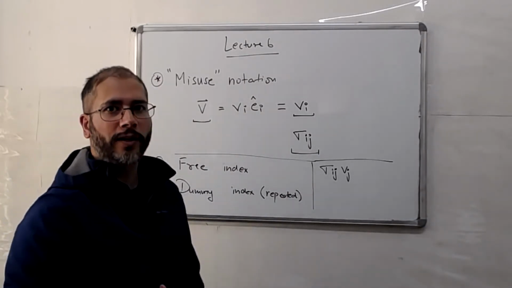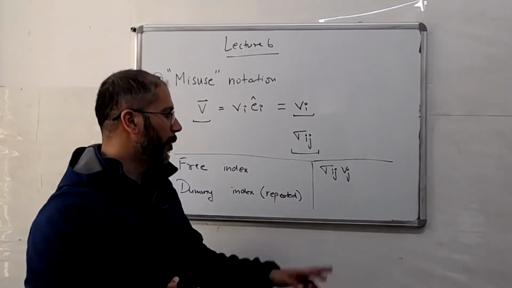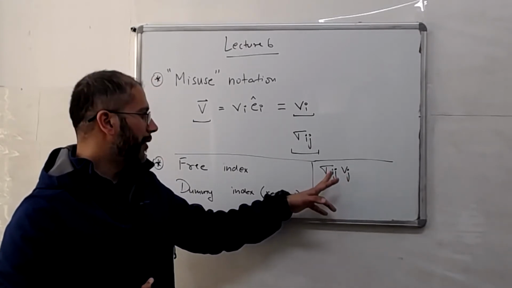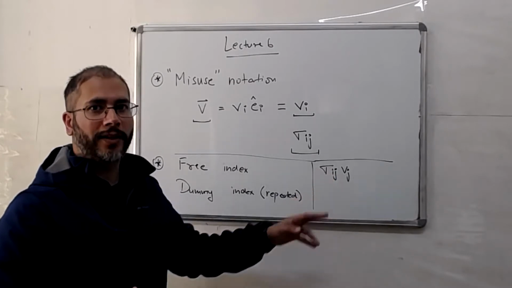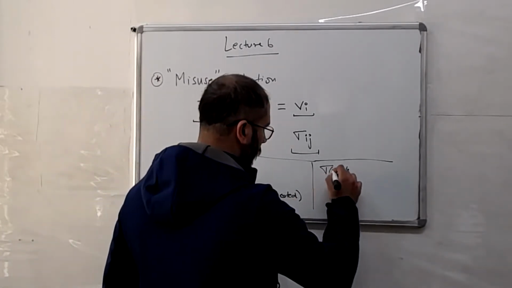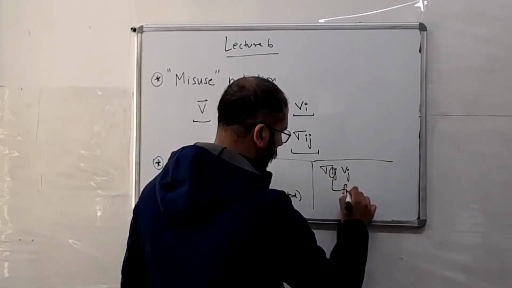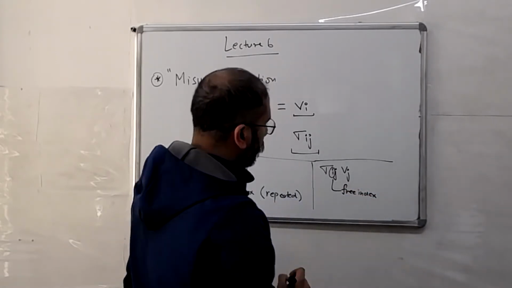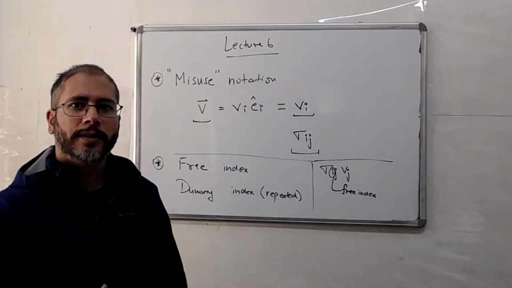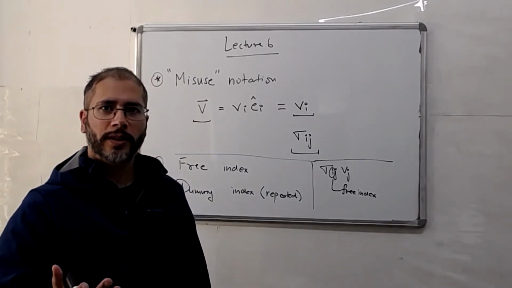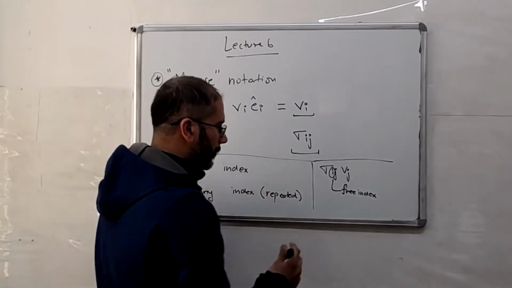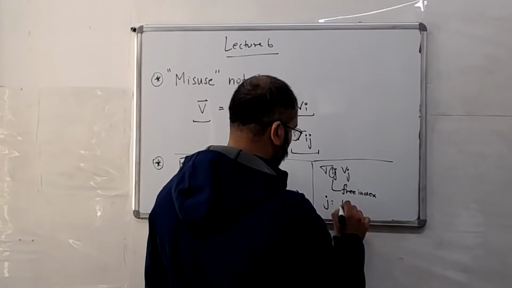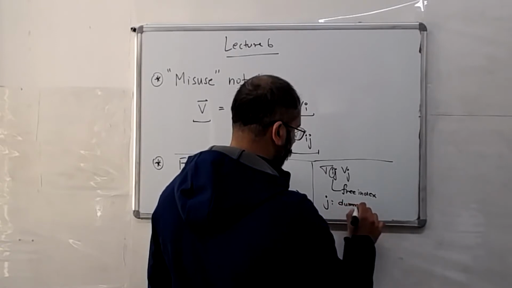We talked about this kind of a dot product between a tensor and a vector. So you have the index i, in this case, as the free index. It's free because it can take any value, such as 1, 2 or 3. But the index j in this case is a dummy, or repeated,